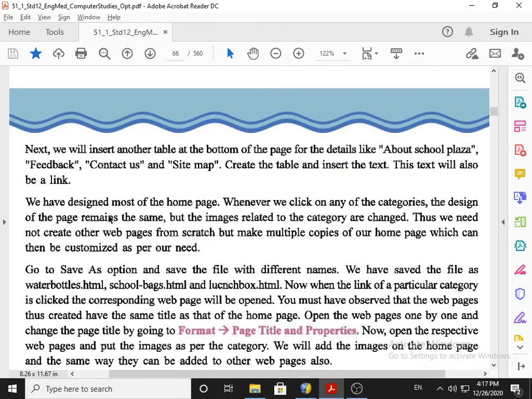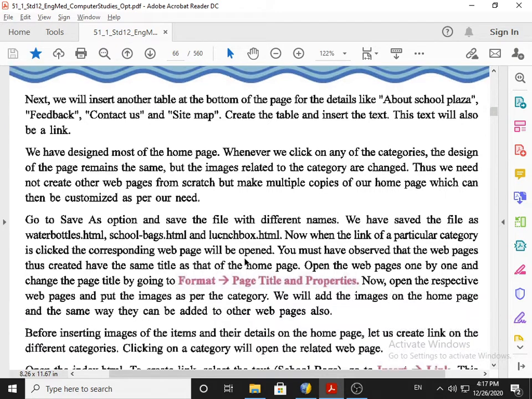We have designed most of the home page. Whenever we click on any of the categories, the design of the page remains the same, but the images related to the category are changed. Thus we do not need to create other web pages from scratch, but make multiple copies of our home page, which can then be customized as per our need. For example,